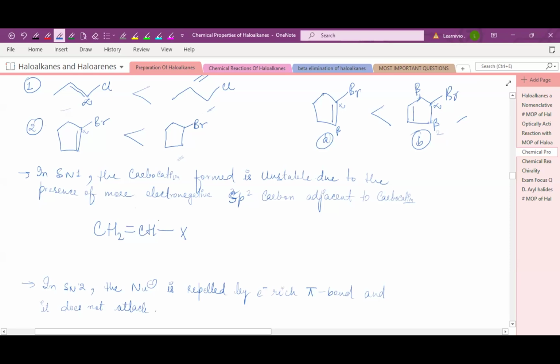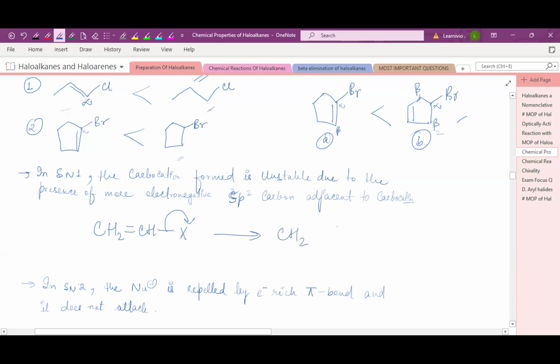Suppose this is your halogen atom, attached to this carbon. You know very well the halogen is more electronegative than the carbon, so it will try to pull the electron density towards itself. So what will happen here? The bond will break. It will leave the group, and due to that there will be a